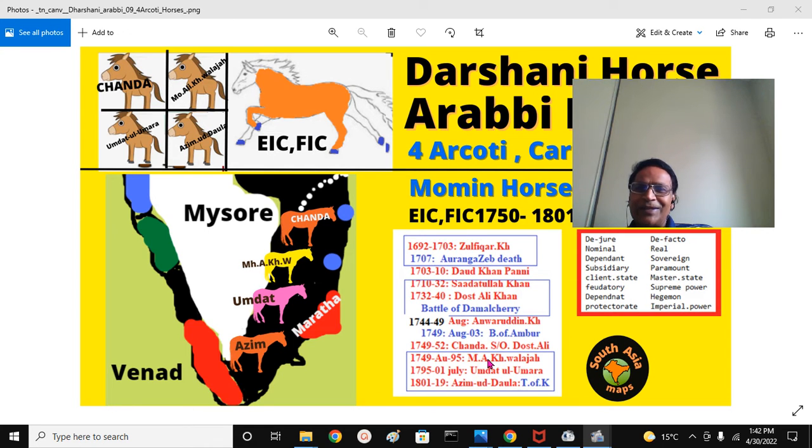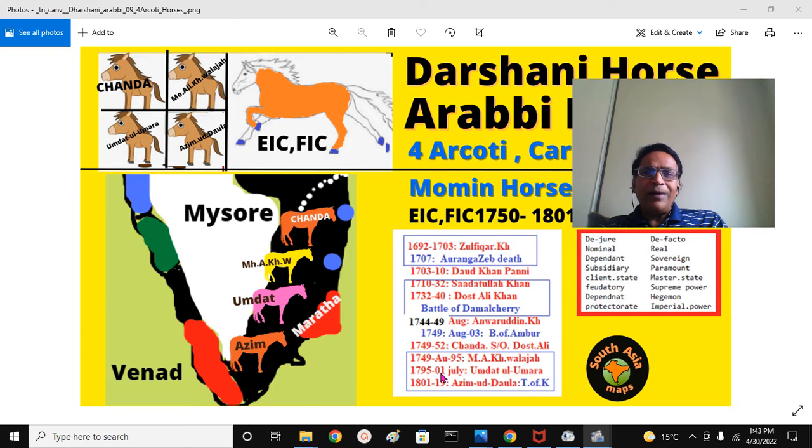They won this next round, and Chanda was killed, and Muhammad Ali Khan, Wallajah, became the Nawab of Arcot on Palar River, close to Vellore town today. That is in the North Arcot region. He ruled for 45 years, very close friend of the British. In fact, due to his resources and territory, British became a paramount political power in India.